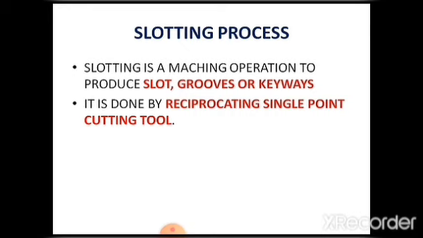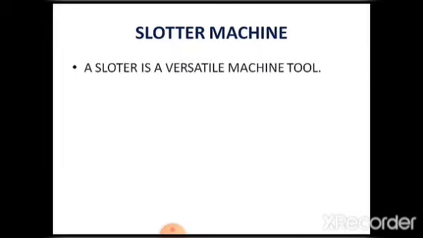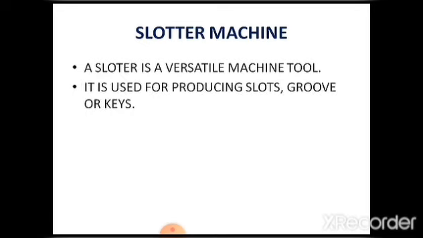है। और उसका मोशन क्या होता है? रेसिप्रोकेटिंग मोशन, यानी कि वो आगे जाता है और पीछे आता है। ठीक है, तो ये स्लॉटिंग प्रोसेस किसके द्वारा किया जाता है? स्लॉटर मशीन के बारे में। स्लॉटिंग मशीन के द्वारा ये प्रोसेस किया जाता है। तो स्लॉटर मशीन को देखते हैं कि जो स्लॉटर मशीन होती है वर्सटाइल मशीन होती है, मतलब काफ़ी बड़ी भारी भरकम मशीन होती है ये आपकी। और ये स्लॉट्स यानी कि खांचे, ग्रूव्स यानी कि नालियां और कीवेज बनाने के काम आती है।